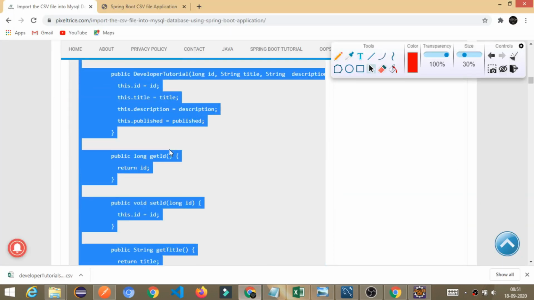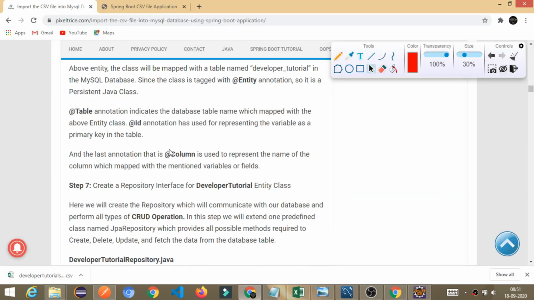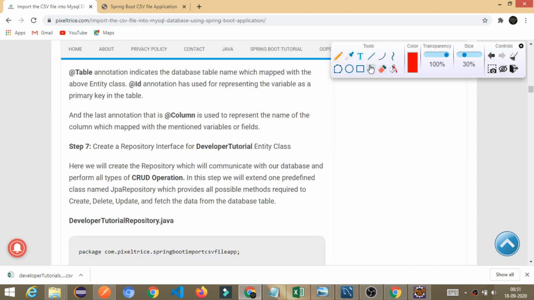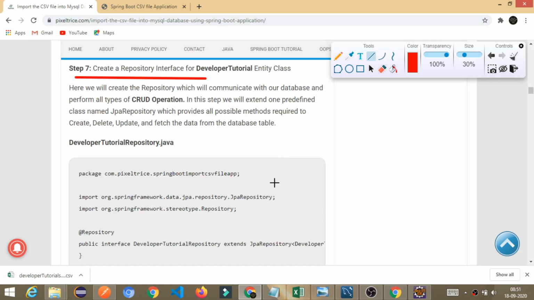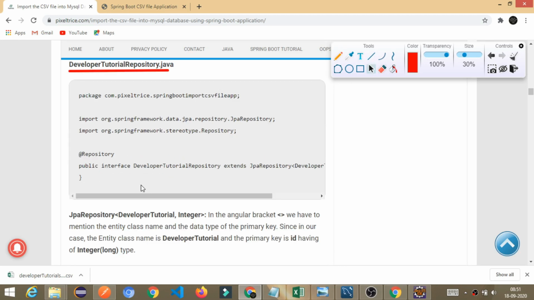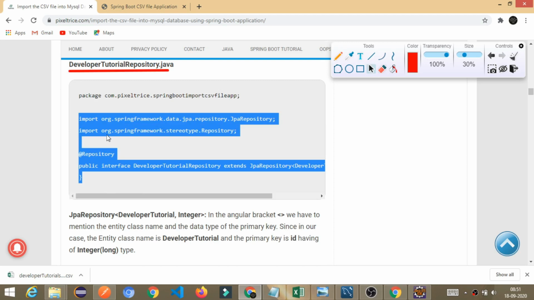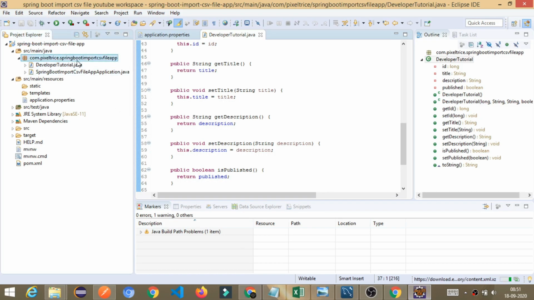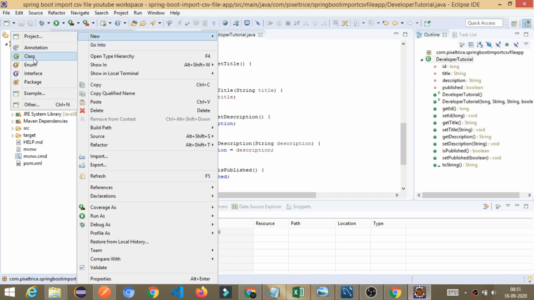Just come here in the article and move to the next step. Here I explain in detail. If you want, just go ahead. Step number 7: create a repository interface for the DeveloperTutorial entity class. So I am going to create one class with this name. I will follow the same steps: right click, new class,